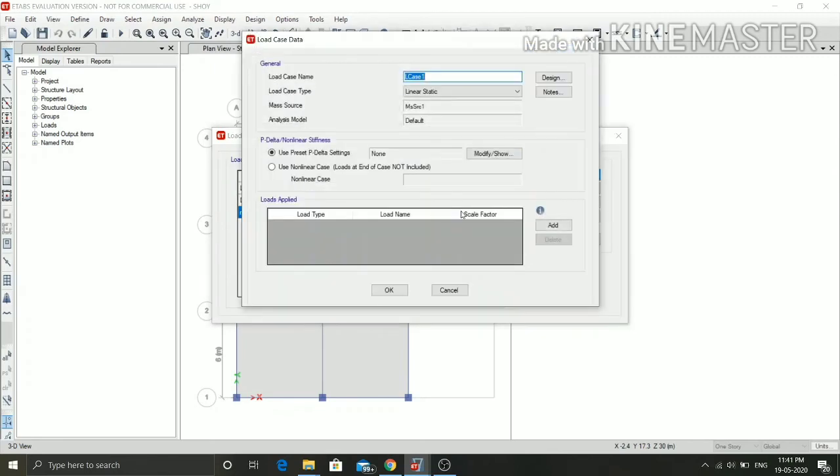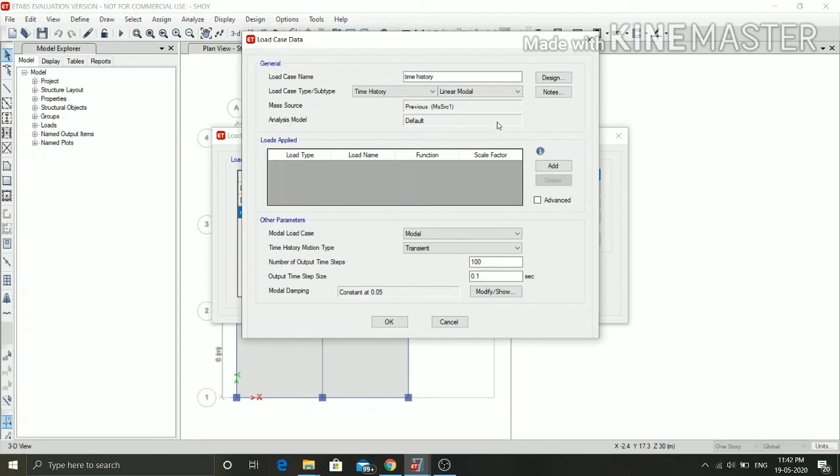Now click on Add New Case in order to define a new load. In this, name the load as Time History and select the load case type as Time History from the drop-down list. Then click on Add button to add this defined load.